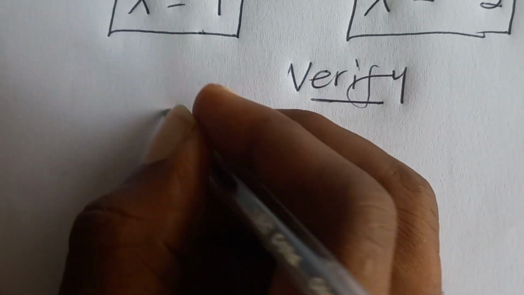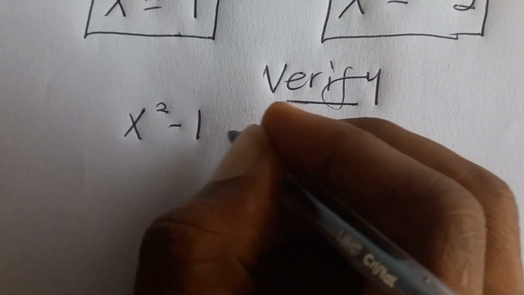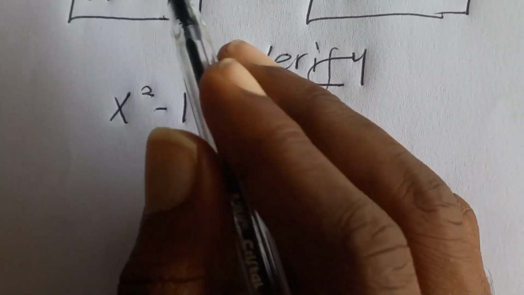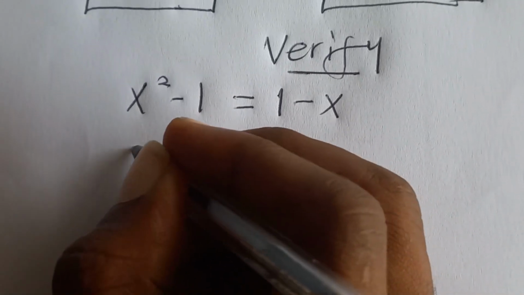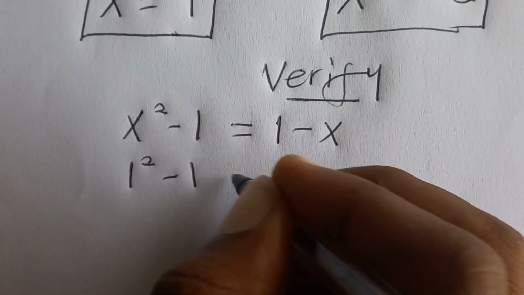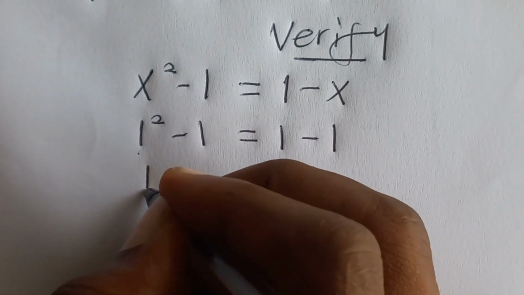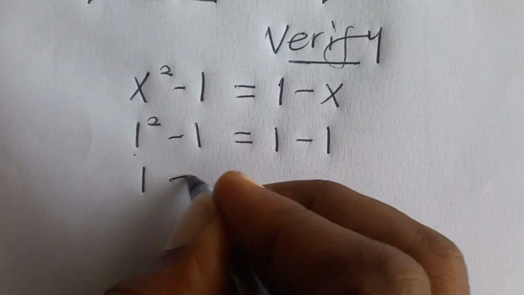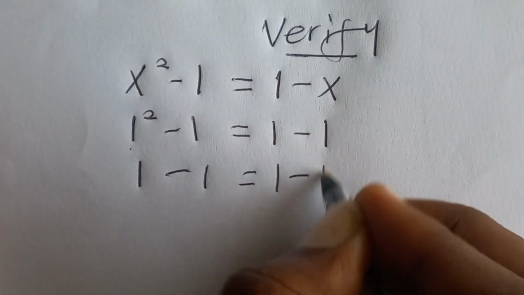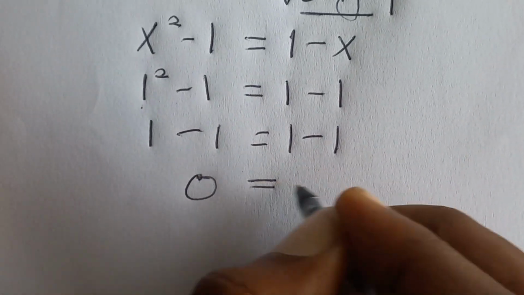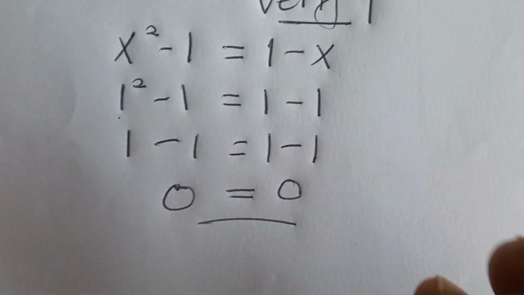So we have x squared minus 1 is equal to 1 minus x. When x is equal to 1, we have 1 squared minus 1, which is equal to 1 minus 1. 1 squared is 1, minus 1, which is equal to 1 minus 1. You can see that they are the same. This side will result in 0, equal to 0. Now,